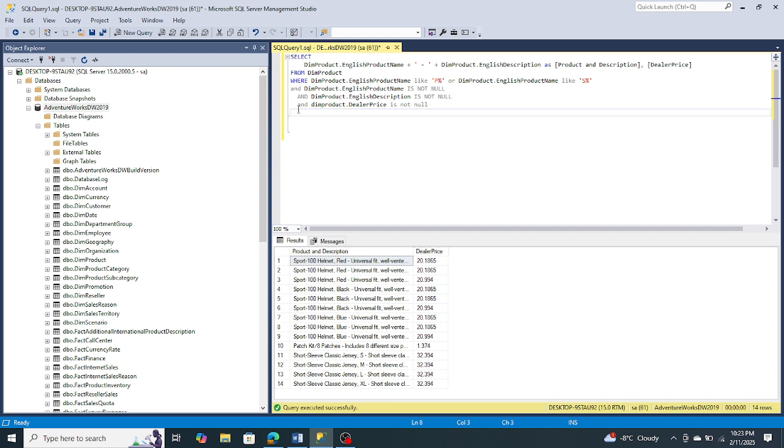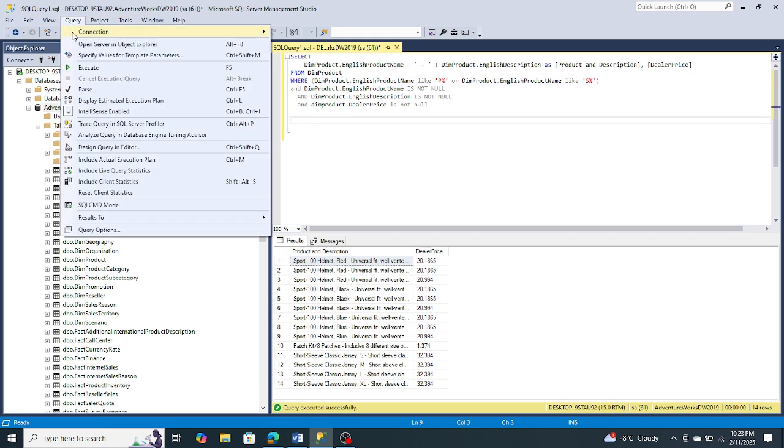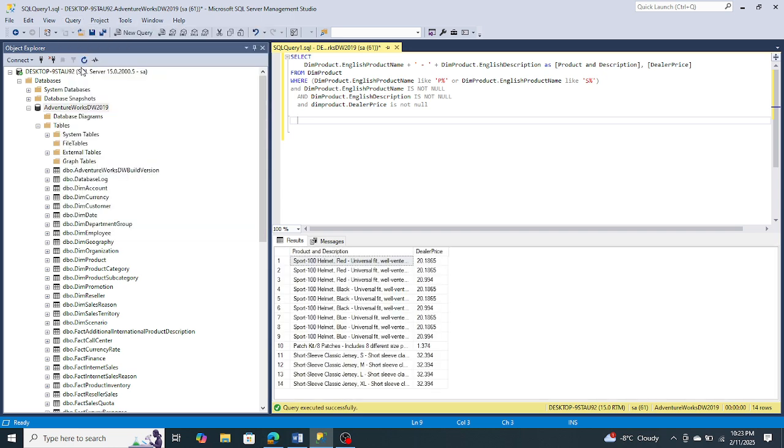Let's do that. Let's put these in a bracket. You see, now we get the same result. So either we will use the brackets, because with the brackets, as you know, this will cover both of these two conditions, P and S, or